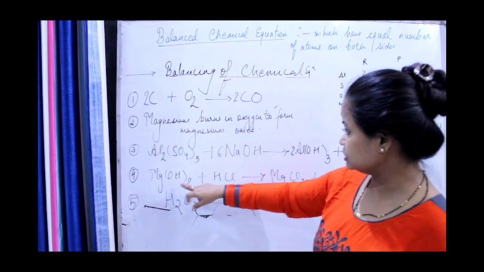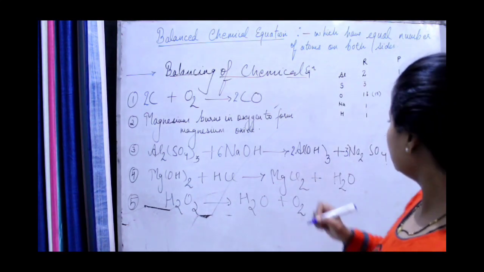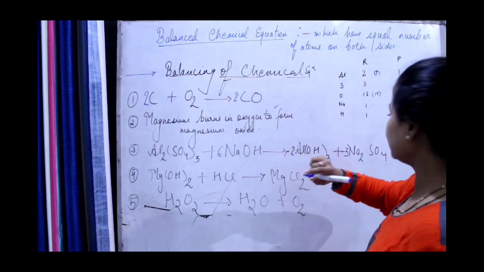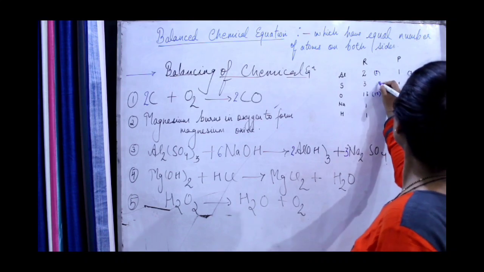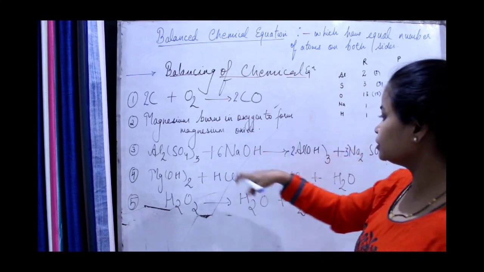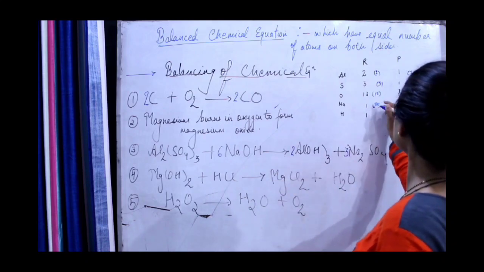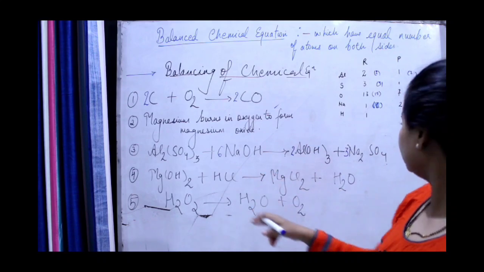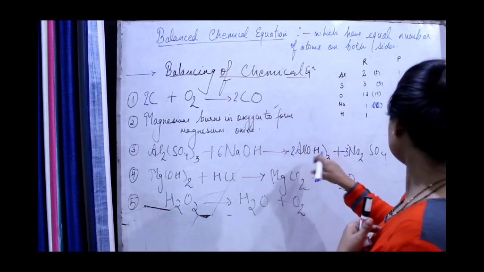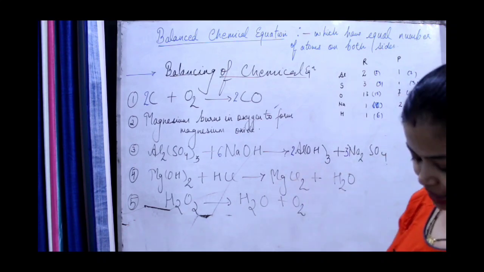This is magnesium. Shall I write the balanced number? Okay. Al both the side now became 2, 2. Sulfur became 3, 3. Here also 3, here also 3 after balancing. Oxygen already written, and sodium 6, 6. 6 here also 6. Okay. And hydrogen. Hydrogen will be 6 again, and here also 3 2s are 6. Okay. So now you can see everything is being balanced.